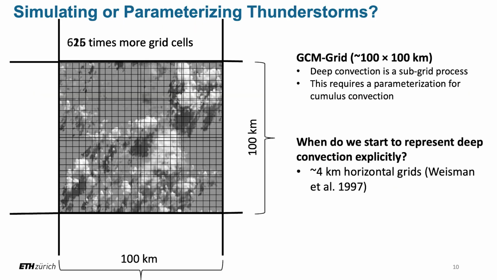If we increase the resolution, so this is approximately 25 kilometers where high-resolution global models are running today, we still have to use this parameterization. But at kilometer scales, 4 kilometers, 3 kilometers, if you have a model with accurate numerics that is really designed to do mesoscale simulations, you can really turn off this parameterization and let the model simulate deep convection explicitly. That gives us this big benefit.